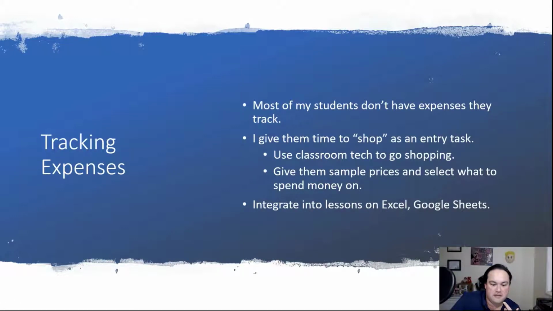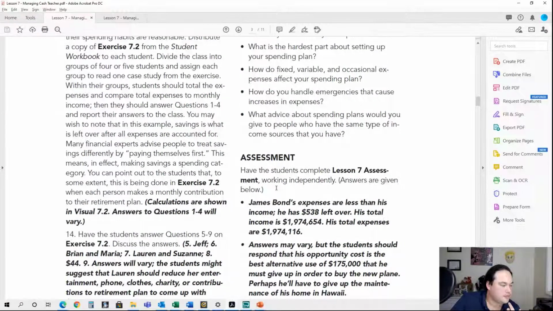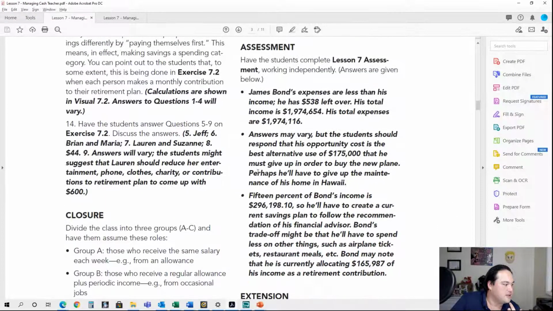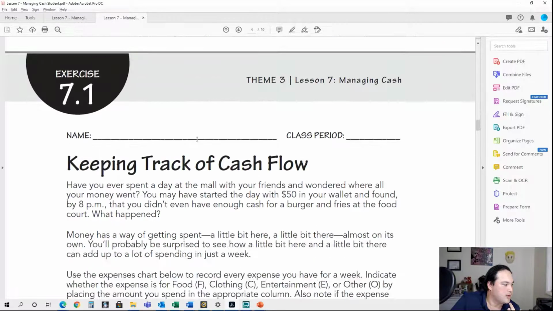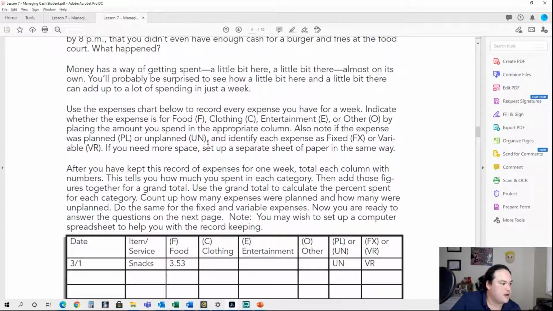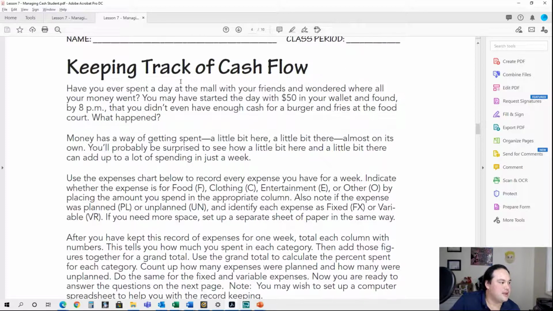Now, you're going to find in the lesson different expenses. We talk in here about keeping track of cash flow and having kids break it up. Now, in the lesson here, it says you start the day with $50 and what happens with the money that you're spending. So the problem that I have with this particular one is I don't like to use real world